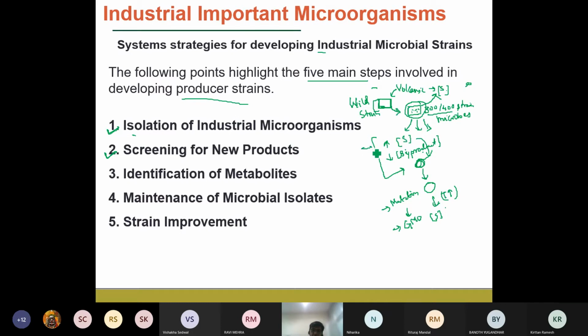So the next step, like you can see here, this is step 2. So this is step 1 where you are isolating the microorganisms. Then in step 2, you are screening them to find out which one is, for example, producing the maximum concentration of the sulfur, okay. And then you identify the metabolites. So whatever the particular microorganisms that you have selected, you will see how much the sulfur is produced, how much the other byproducts are produced, and what other things it is able to produce, okay. And then you select that particular strain which is giving you the highest substrate concentration and the lowest byproduct formation, okay.